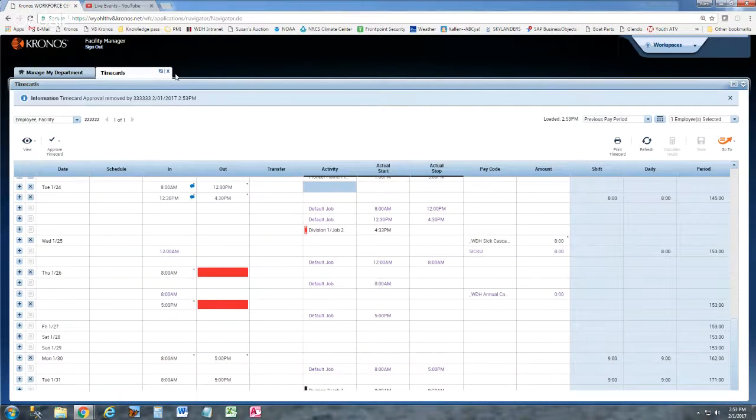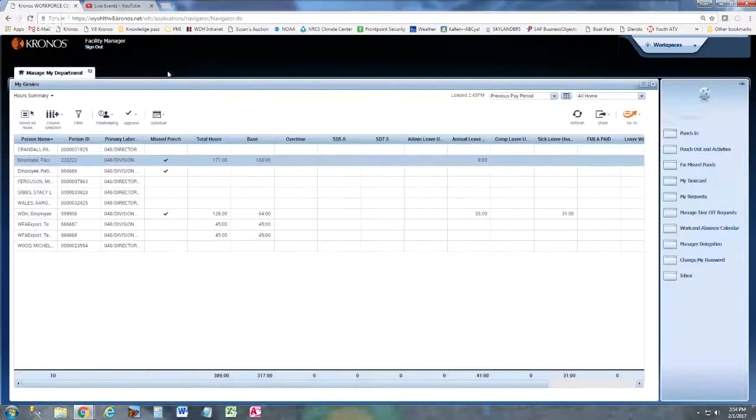Okay. On page 35, the manual talks about entering activities for yourself. Activities is what we just did for the employee. Activities is basically a time study. It's directly tied to budget strings. So if you do something different than what you normally do for the day or for a few hours, and you want to record that time, and you want to make sure that the budget strings are impacted accordingly,